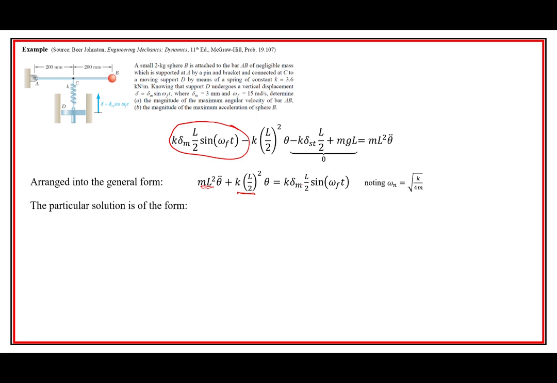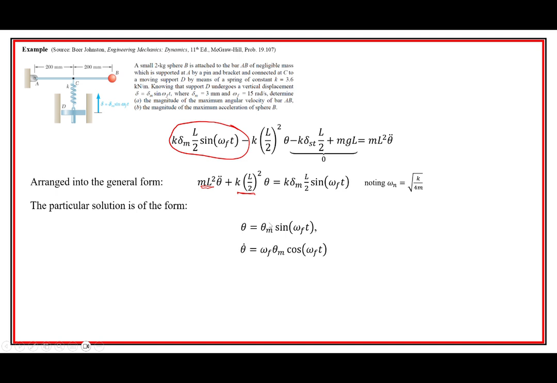We know we have a non-homogeneous differential equation, so we need to plug in and get a particular solution. We know we're going to assume it's in the form of sine omega f t. And by the way, these are in thetas instead of x's as we've done before. That's really the big difference right here. Some magnitude of theta is what we have here. This theta is a function of time,